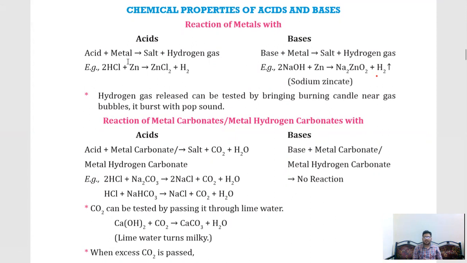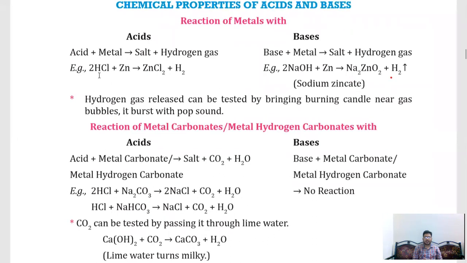Okay, first, acid plus metal gives salt plus hydrogen gas. For example, HCl is an acid, hydrochloric acid, and you add the metal zinc, so that you get a salt, zinc chloride, and hydrogen gas is produced. And if you add metal to a base, you will get salt plus hydrogen gas, but you don't have many equations regarding this one. You have only one or two equations, which are so important. Two times they have asked it in your board examination.